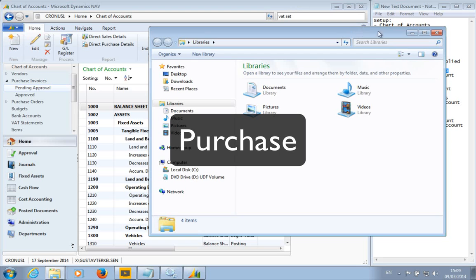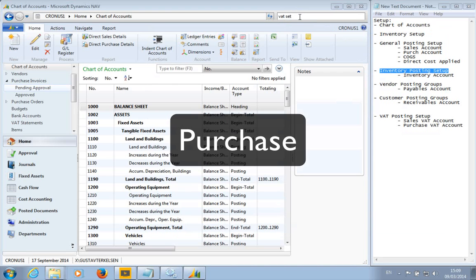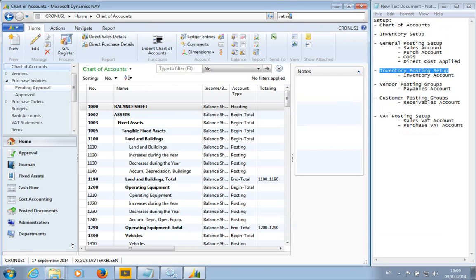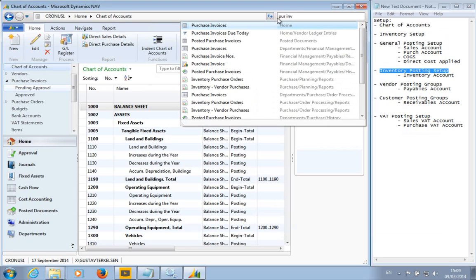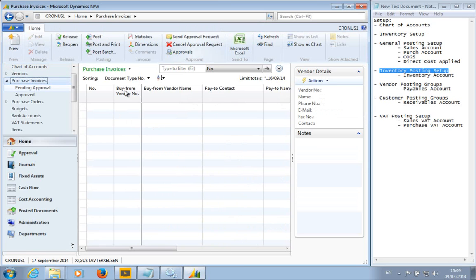Okay, so the next thing we need to do, I'll demonstrate now the purchase side of this scenario. If we go to purchase invoice here, remember we can do this scenario both with purchase invoices or purchase orders. I'll do it with purchase invoices because it's easier. We don't have the ship invoice thing we have to worry about. So purchase invoice here, and new,